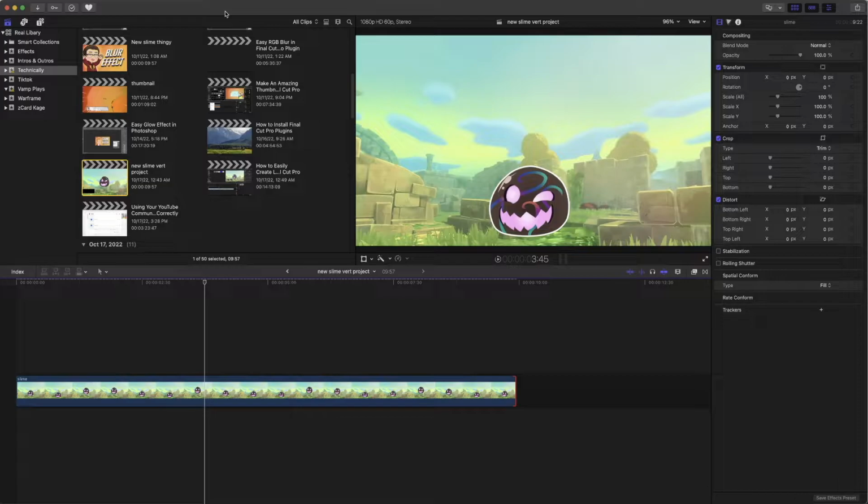Today I'm going to show you guys how to make a split screen in Final Cut Pro without the use